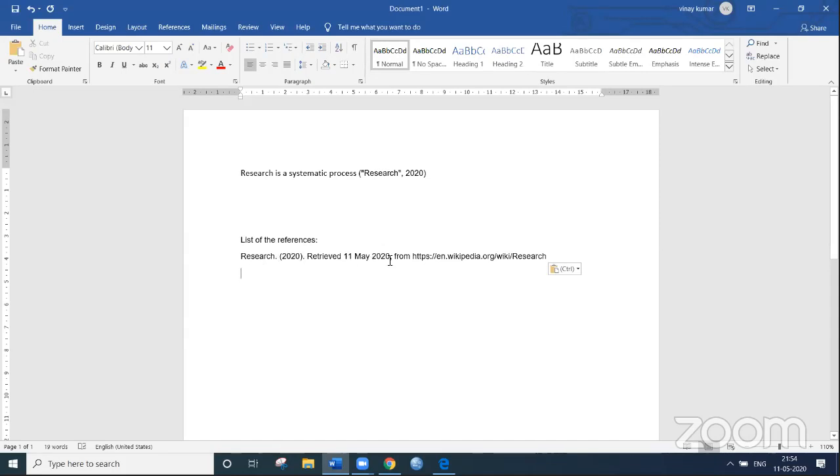Research.2020, retrieved 11 May 2020. You will get the website also, which is captured. So here some information is missing, like the author name is missing. So let us try with a journal, then we will get all the details. So this is how we do with the website. I just have taken the meaning of the research and I have cited this. Okay. Now let me go for